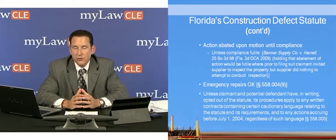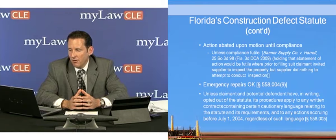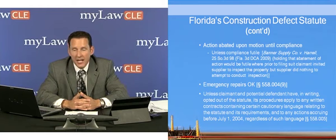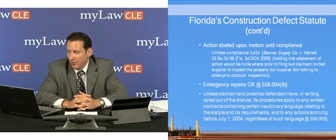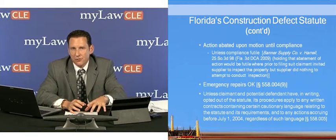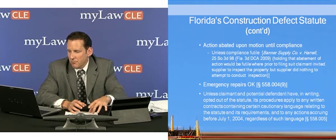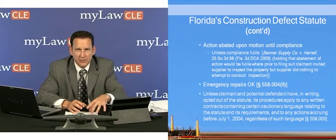Okay, moving on. Emergency repairs are okay. An owner who must make emergency repairs can do so before the 558 notice even goes out, and that's under 558.004. And unless a claimant and a potential defendant have in writing opted out of the statute, which they can do, its procedures apply to any contracts that contain, and if you look at the statute, certain cautionary language that needs to be in the contract. So if the contract has that required language, basically telling the parties that 558 applies,